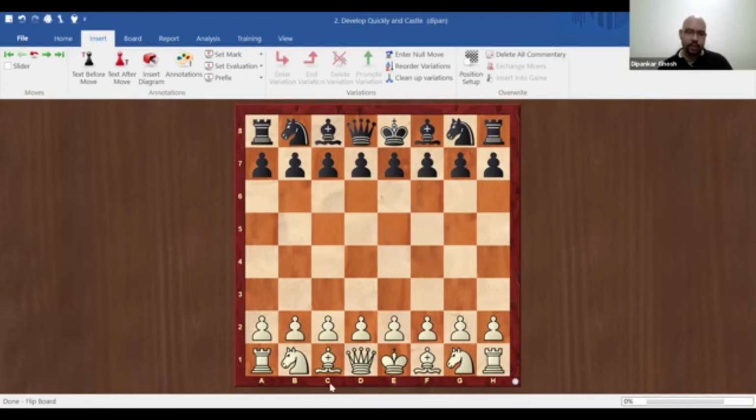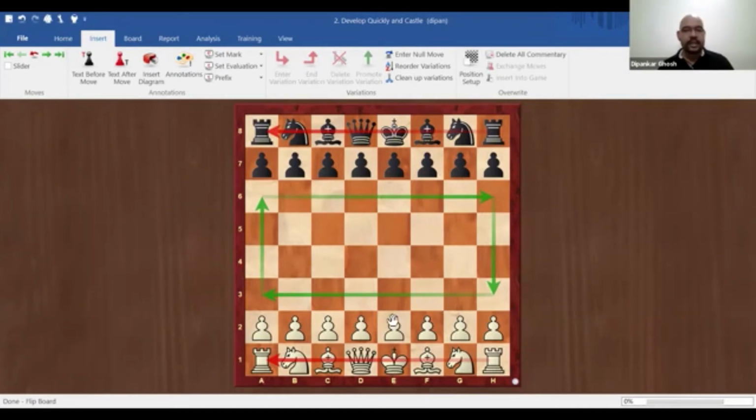So there is the white army, and these are all our forces. The pawns, the pieces. These are our soldiers. And there is the black army. And you can think of this area, the middle area, as the battlefield. Okay, and this back here is home. This is home base. This is where the soldiers, let's say, sleep. So we want to make sure in the start of the battle, in the start of the game, that we bring out all our soldiers and get them involved in the battle, get them into the battlefield.